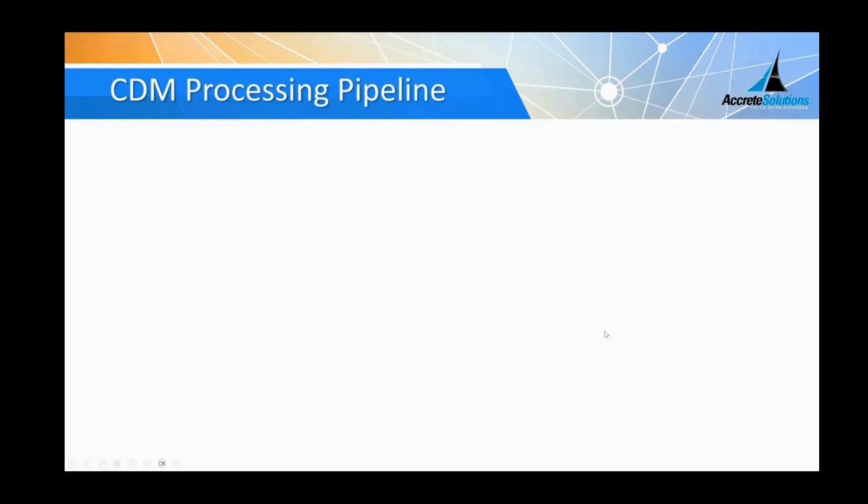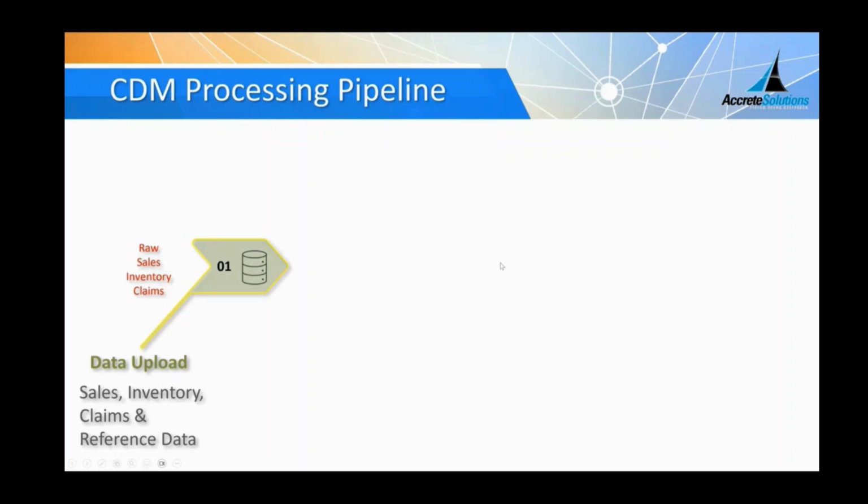Okay. So the conceptual pipeline that I showed in the beginning of the presentation, we have expanded into a little more detail to show what actually happens when the data is getting processed. So your raw sales and inventory comes in. The first stage of your processing pipeline is uploading this data, either using email or FTP or EDI or HTTP, whatever the delivery mechanisms are.